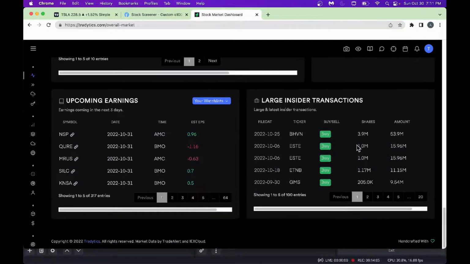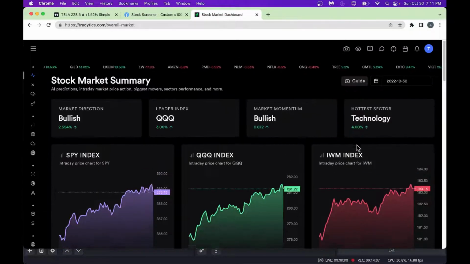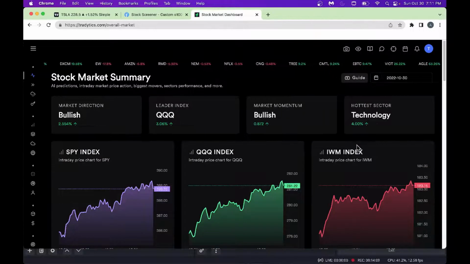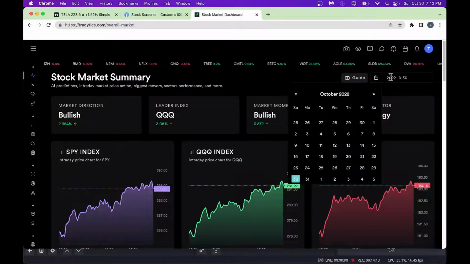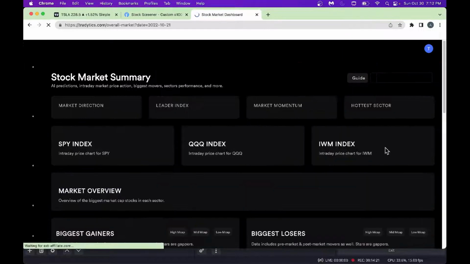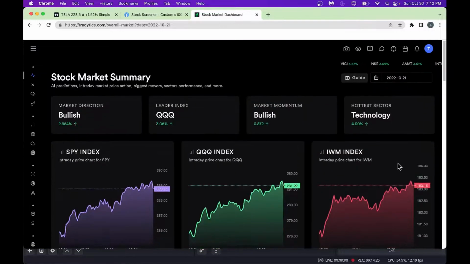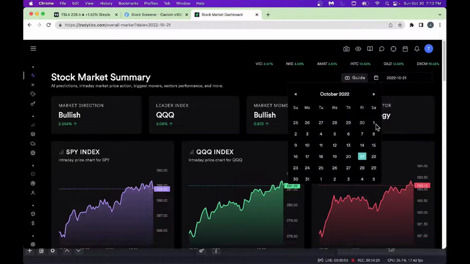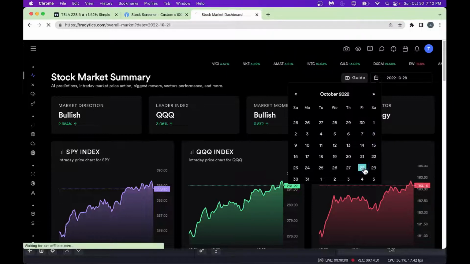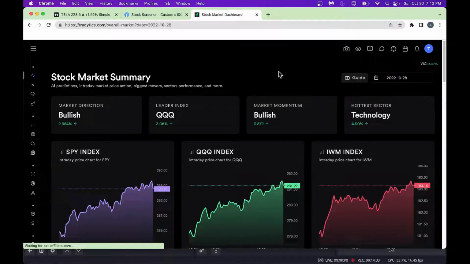All right, so that's about this stock. It gives a general idea about the stock market. And next, you can also change the time frame if you want to see how the market did. Maybe say the 21st. You could click on it. They've got the data. There's a lot of data in this platform here. They can tell you the market overview for any day here. For now, let's go back to last Friday and go from there.